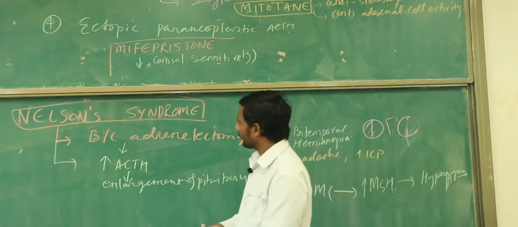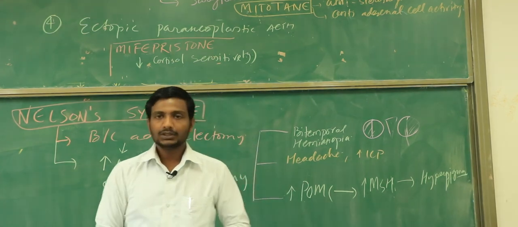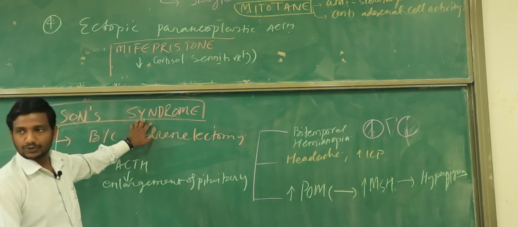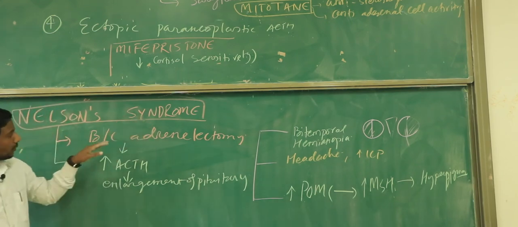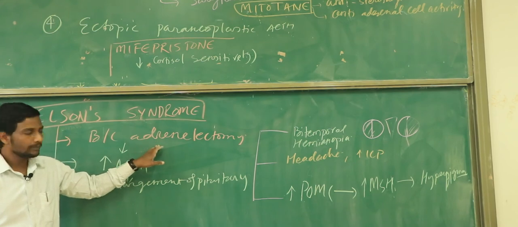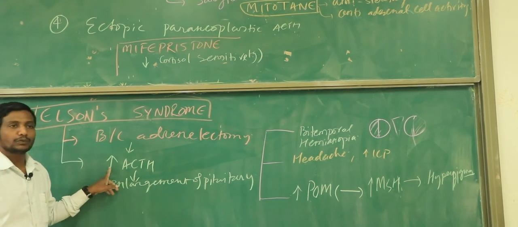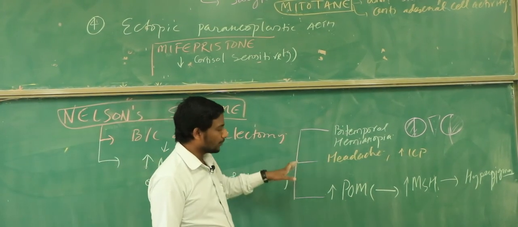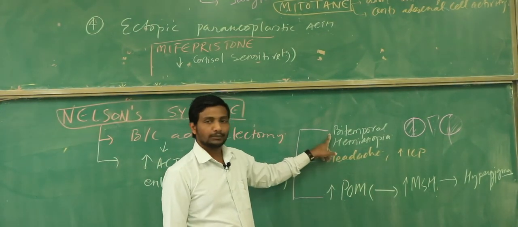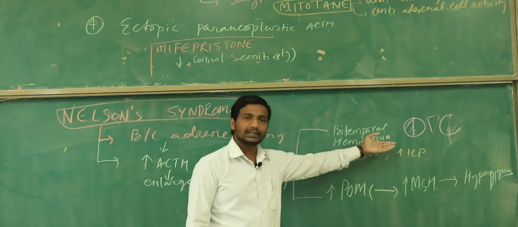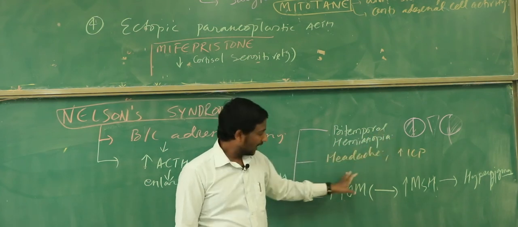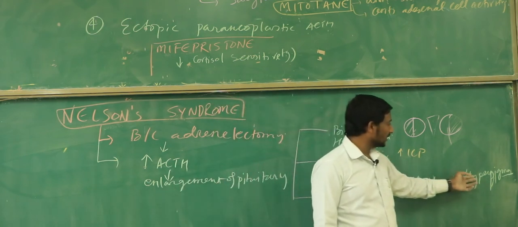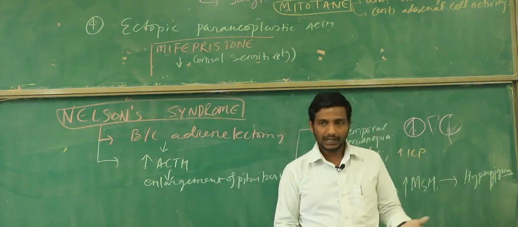So these are the features of Nelson syndrome, and I have found that these days in the exam, from Cushing syndrome, they are very much caring about Nelson syndrome. That is, what is Nelson syndrome? So a few things to remember. Nelson syndrome happens once we perform a bilateral adrenalectomy. It happens because there is a very high amount of ACTH, due to which there will be enlargement of the pituitary gland, and that is going to cause these three very important features. Number one, the patient will have bitemporal hemianopia. Number two, the patient will have a headache and features of increased intracranial pressure. Number three, the patient is going to have a high amount of POMC, high amount of MSH, and hyperpigmentation in the body. And this is all about the